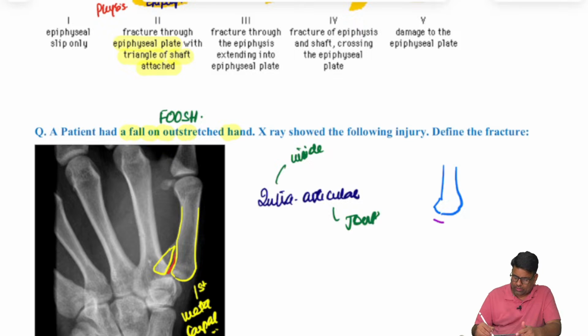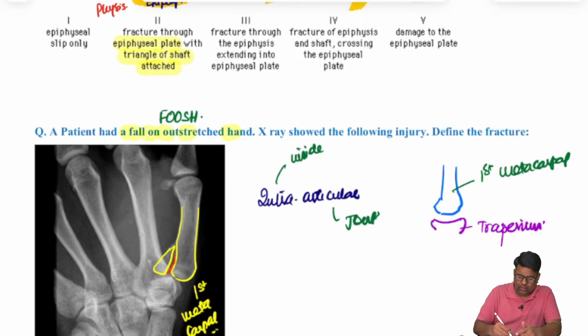It articulates with the trapezium, sorry, the trapezium, and this is the first metacarpal, and this is the articular surface, right? So if there is any injury which is disturbing this articular congruity, such a fracture is known as an intra-articular fracture, and this is actually the Bennett's